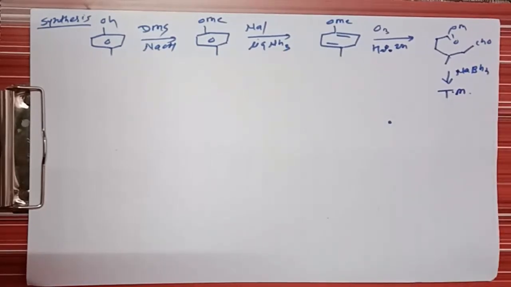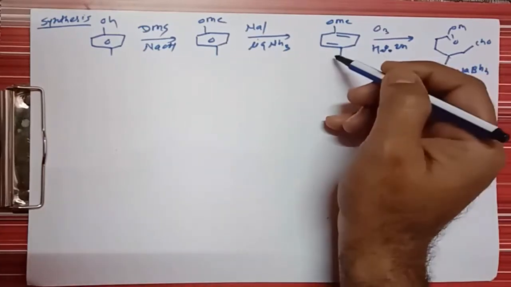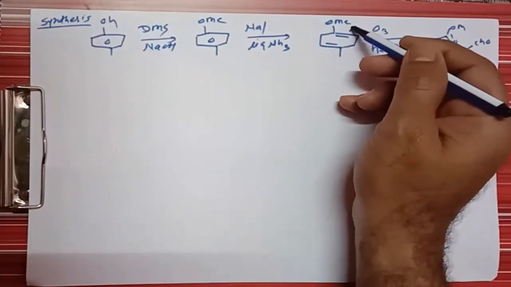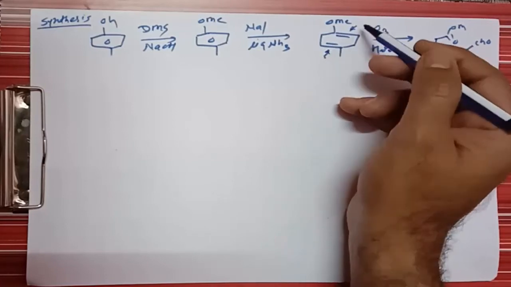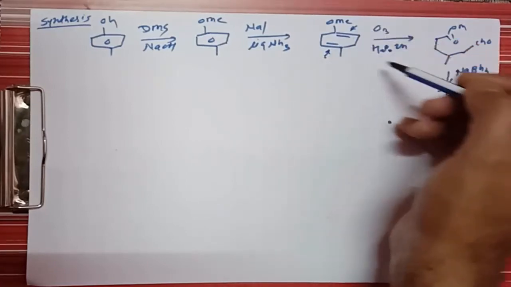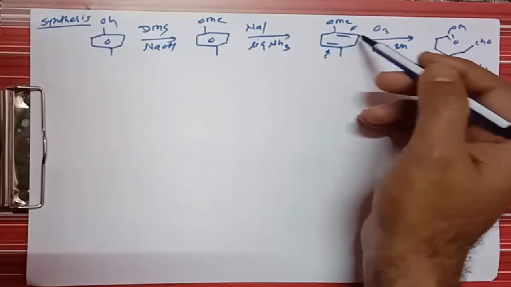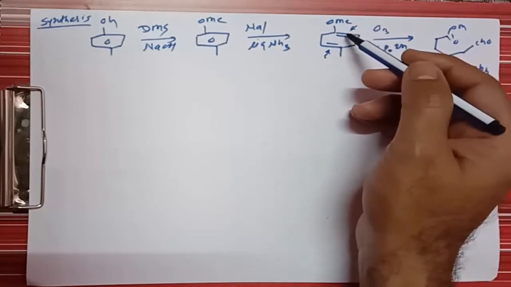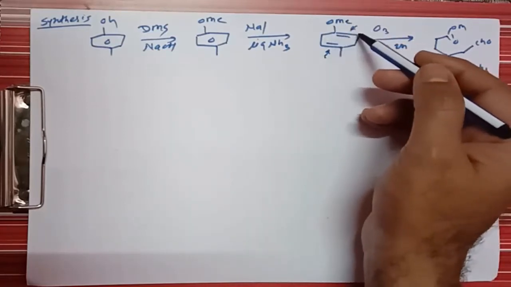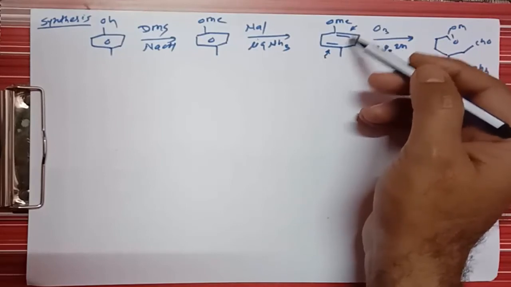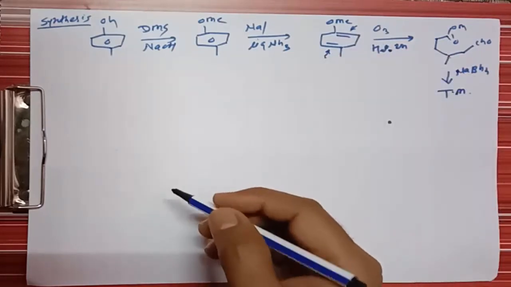So this is the selective ozonolysis, an electrophilic addition reaction, and therefore we can selectively cleave the electron rich carbon-carbon double bond, because in this molecule there are two carbon-carbon double bonds. But we know this ozonolysis takes place at the more electrophilic center, because it is an electrophilic addition reaction, so this bond is more electron rich, and therefore it will be selectively broken at this position instead of this position, right.